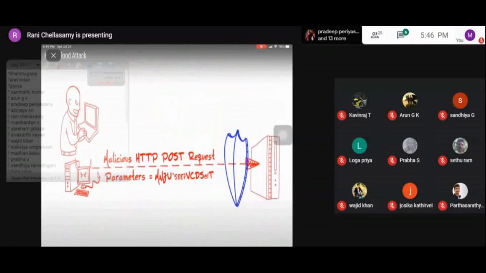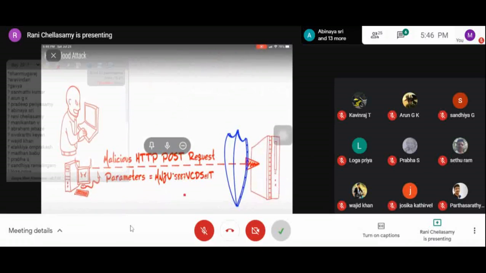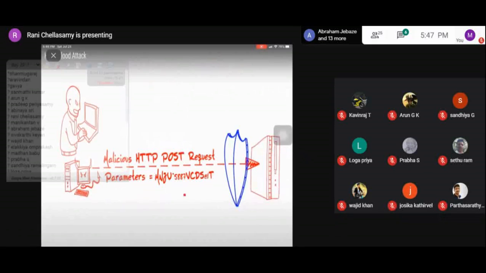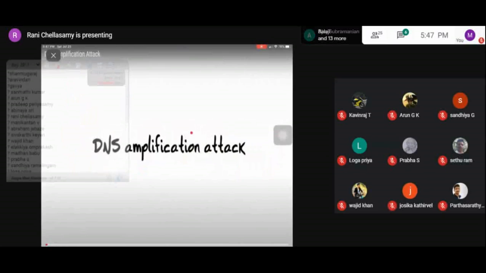Okay. Now let's move on. So here is the picture, that is, the attackers can go and change the parameters of the request. So he will be sending the malicious post request to the web server. Okay. So in that request message, he can also go for changing the parameters of the request message also.